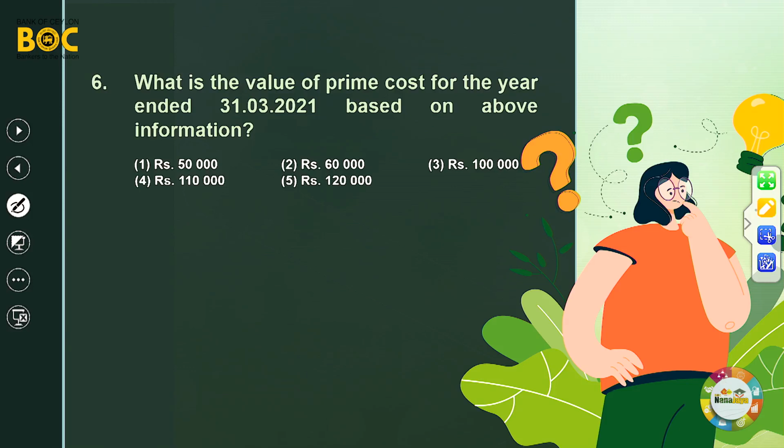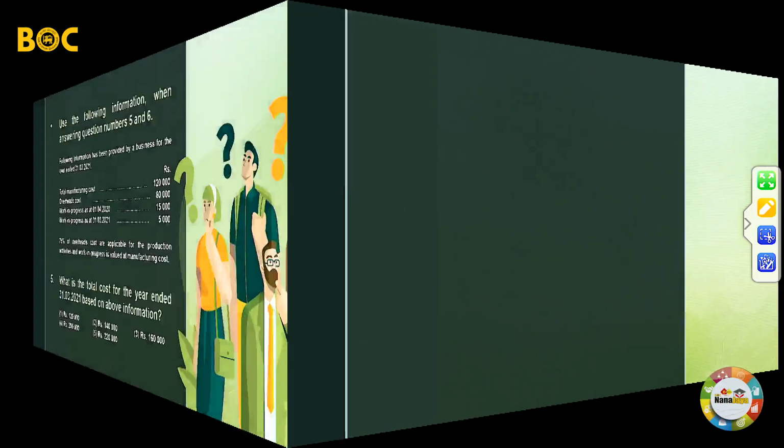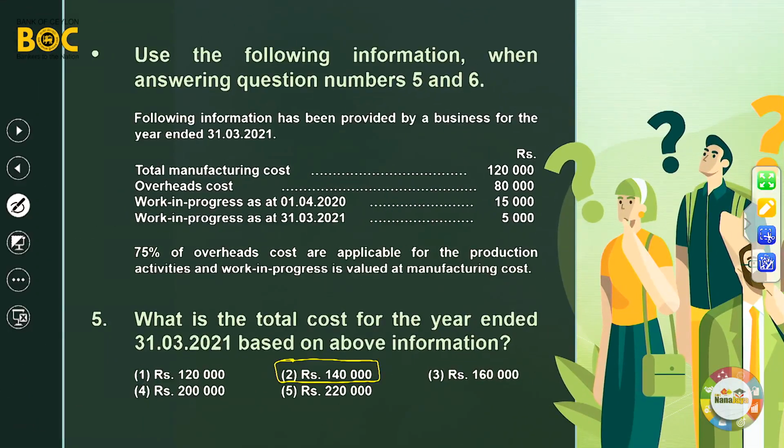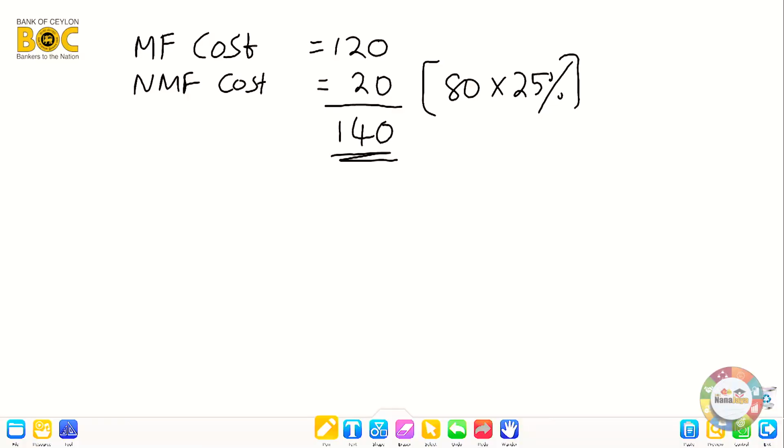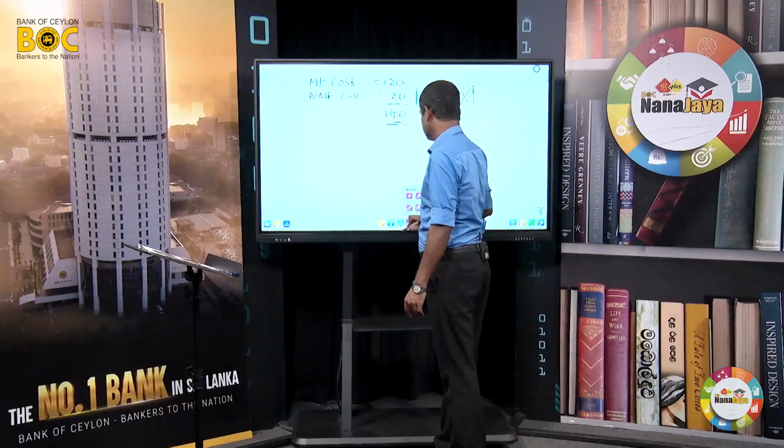Based on the previous information, what is the value of prime cost? What's the value of prime cost based on this information? These are the information. The prime cost. The production cost, or total cost, consists of